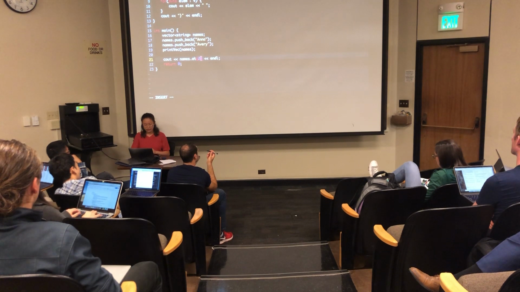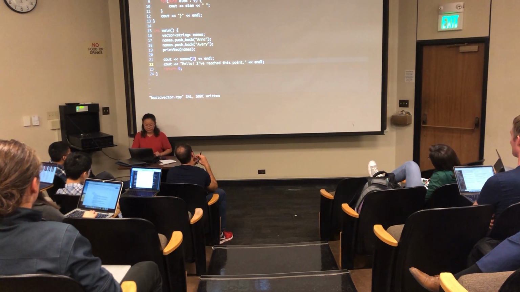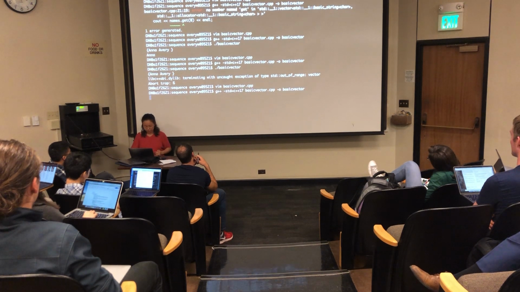So if we try to do names[2], and then just to make sure, we can print, hello, I've reached this point. It turns out that C++ does exactly what Avery was talking about before. Rather than throwing an exception, which the Stanford library does when you've gone out of bounds,